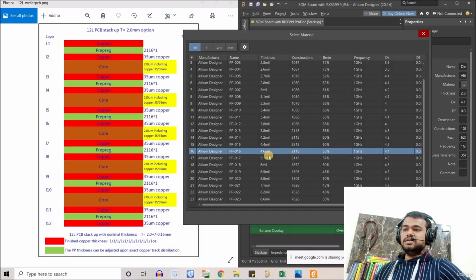What is the difference? Their thickness is different. Another change is that their resin concentration is different. So one has like 57%, another is 53%. Apart from that, you'll see a slight change in the dielectric constant as well. So for 2116, which has 53% resin, its dielectric constant is 4.4, and when we increase the resin, the dielectric